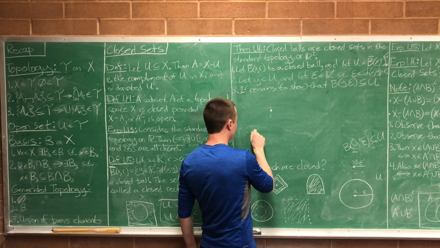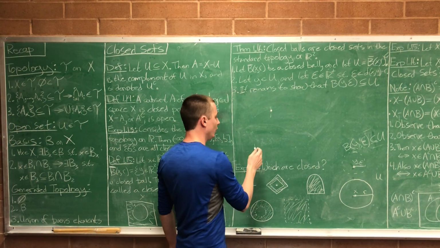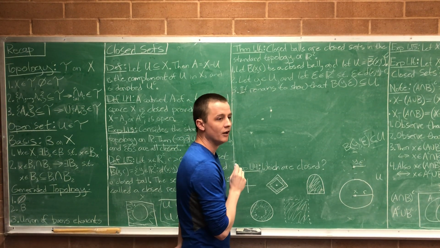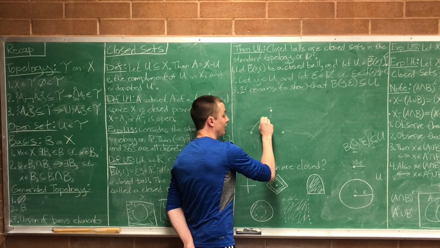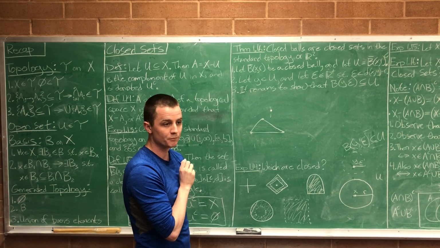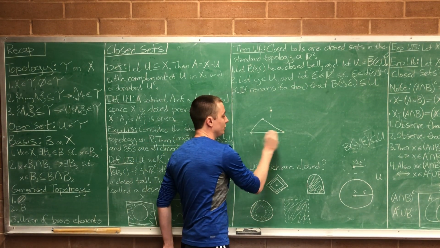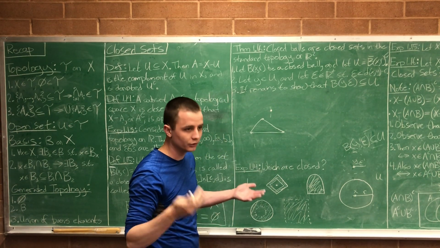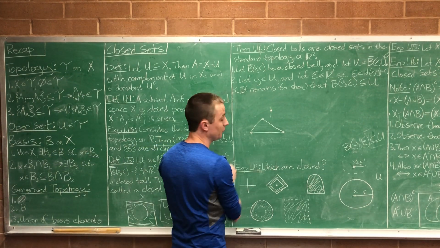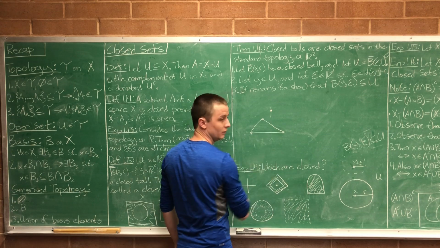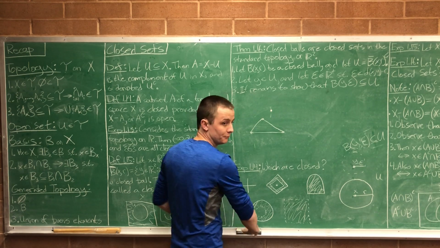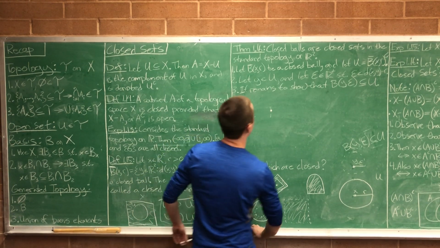So we allow all three points to be on a line, but what it says is pick any three points in R2. Then the distance going from one point to the next is always less than or equal to the distance going straight to that point. In other words, the shortest distance between two points is a straight line. Make sense? So I'm going to get a contradiction here. I'm going to find a shorter path by going like this, and it's going to be shorter than this path, which is an obvious contradiction. Okay, so let's get our contradiction.